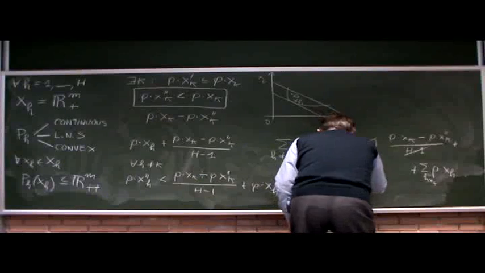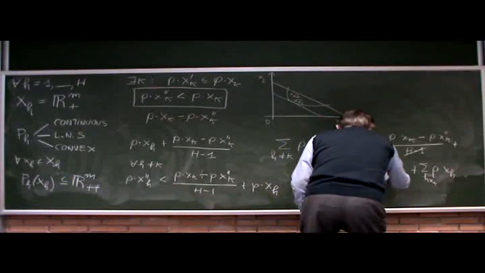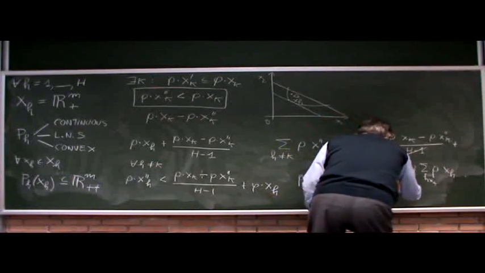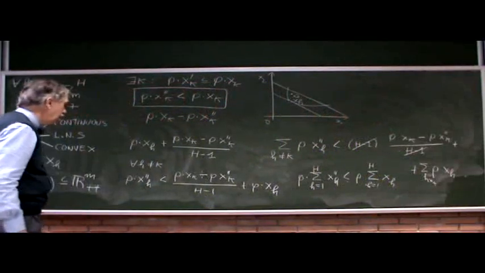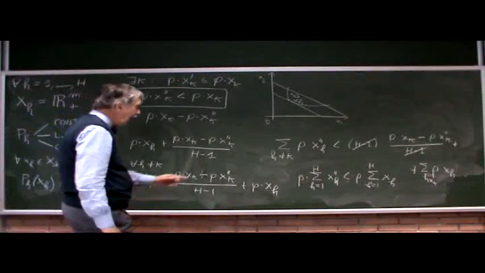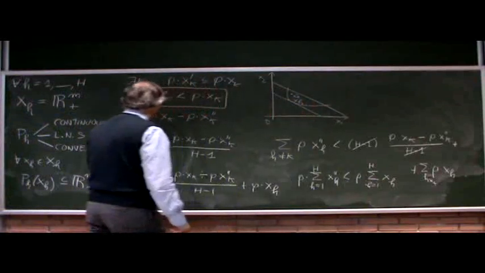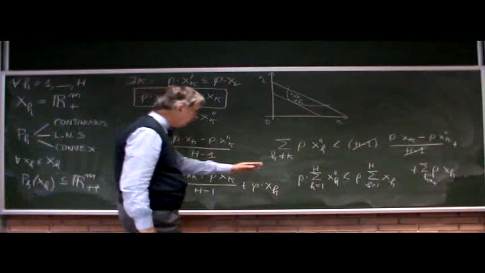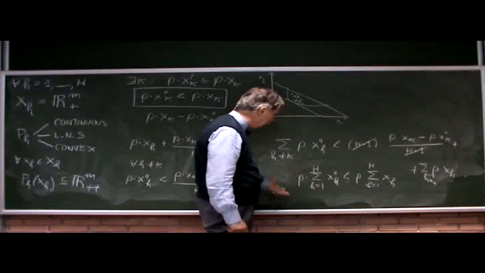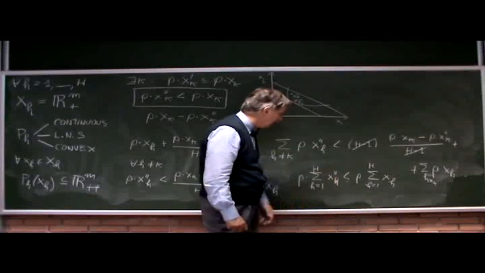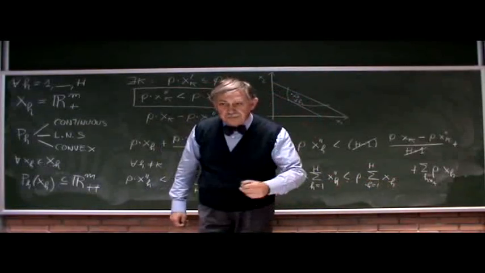lesser than P times the sum for h which ranges from 1 to large H of xh. But remember that every x double prime h is preferred to xh, and therefore this is an element of the set large A whose value is lesser than the value of this vector,